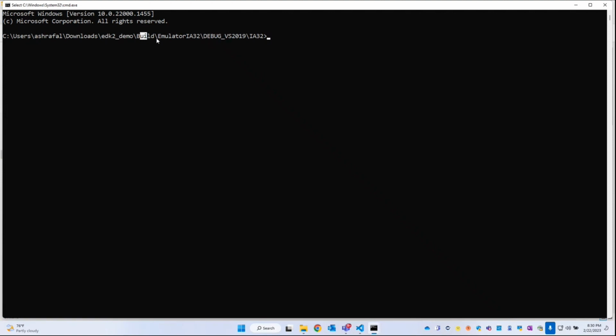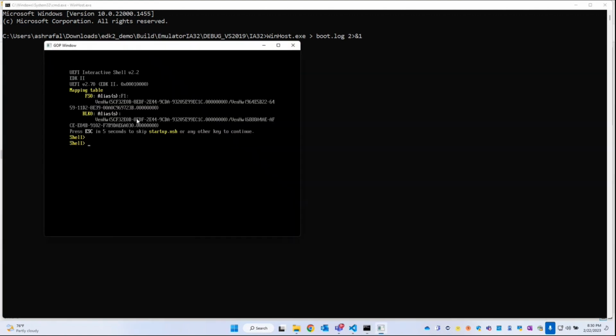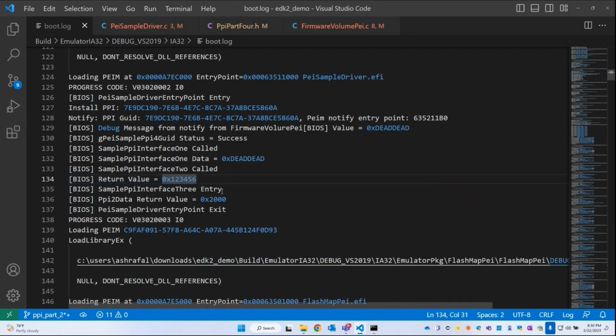build emulator i32 debug i32. Okay, so winhost redirect to boot.log and redirect everything to greater than &1. Okay, so it got booted to UEFI shell. I will close this. Now, if I look at the logs, you can see sample PPI 3 interface, we got